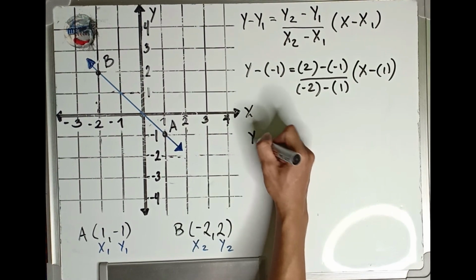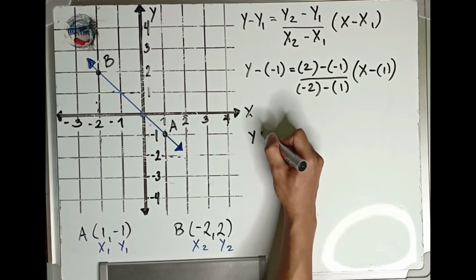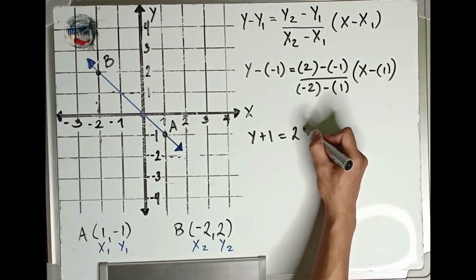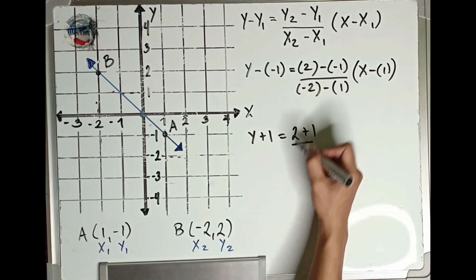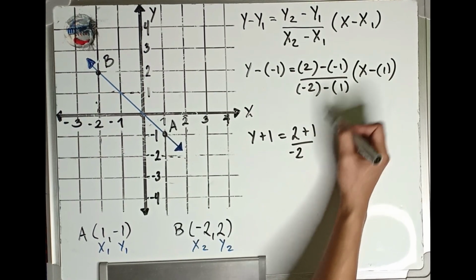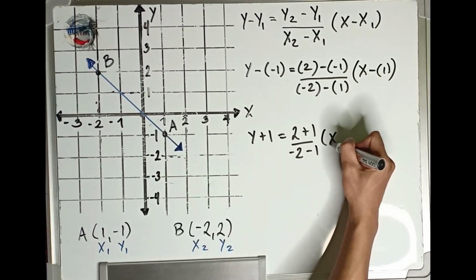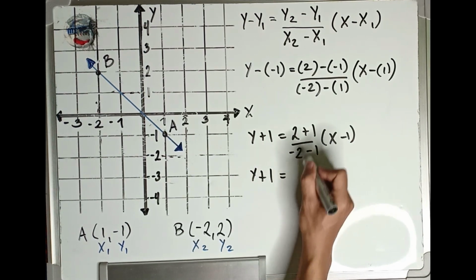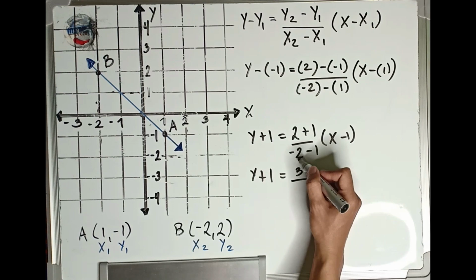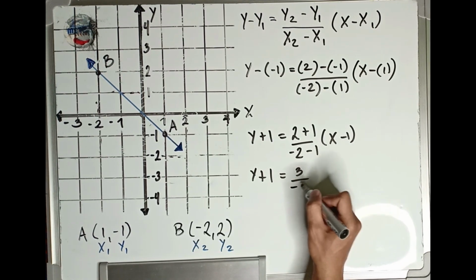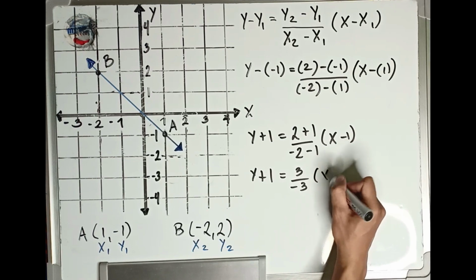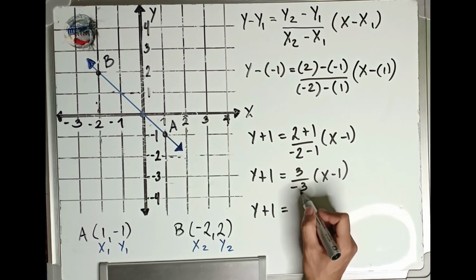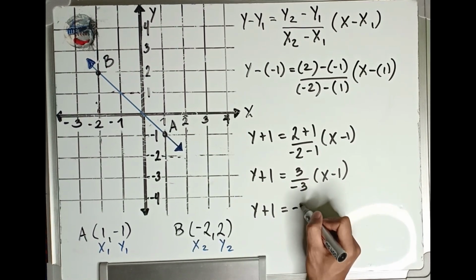Copy the variable y, negative times negative 1 is positive 1. Copy positive 2, negative times negative 1 is positive 1. Negative 2, negative 1 times x minus 1. Y plus 1 is equal to 2 plus 1, that is 3. Negative 2 and negative 1, that is negative 3. Then, x minus 1. Copy y plus 1 is equal to 3 over negative 3 is equal to negative 1